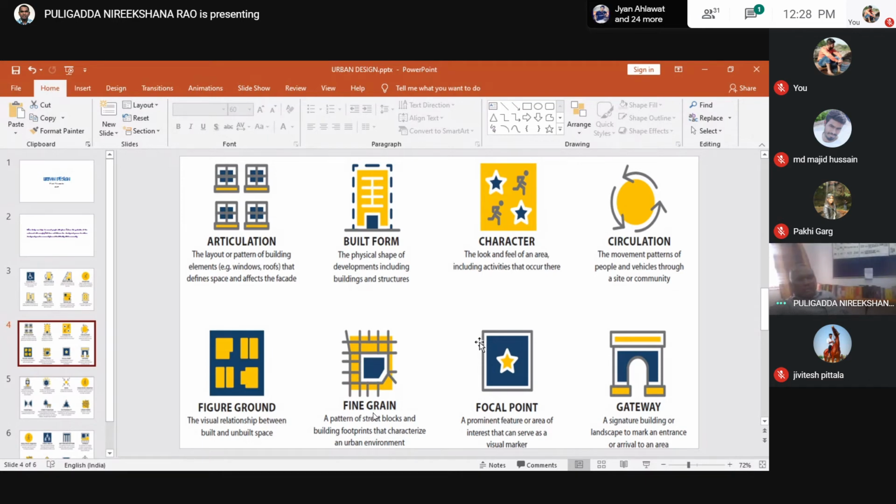Fine grain: a pattern of streets, blocks, and building footprints that characterize an urban environment. Whenever you see Google Maps or Google Earth, will you be able to identify it? Don't look at Delhi city.